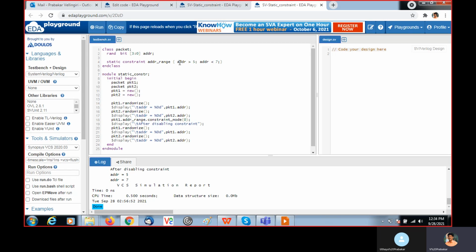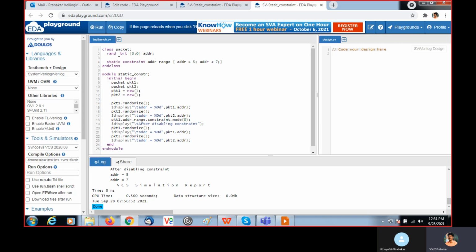If you want to write more than one condition, you should use a semicolon to separate them, not an underscore. And here, this constraint is declared as static.